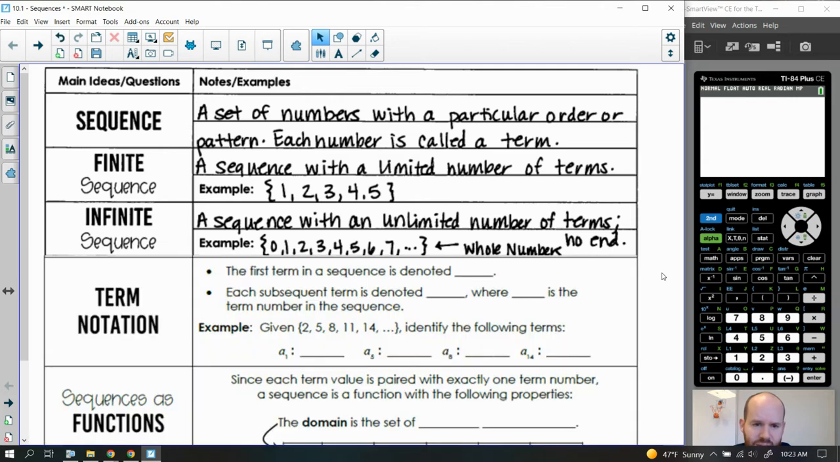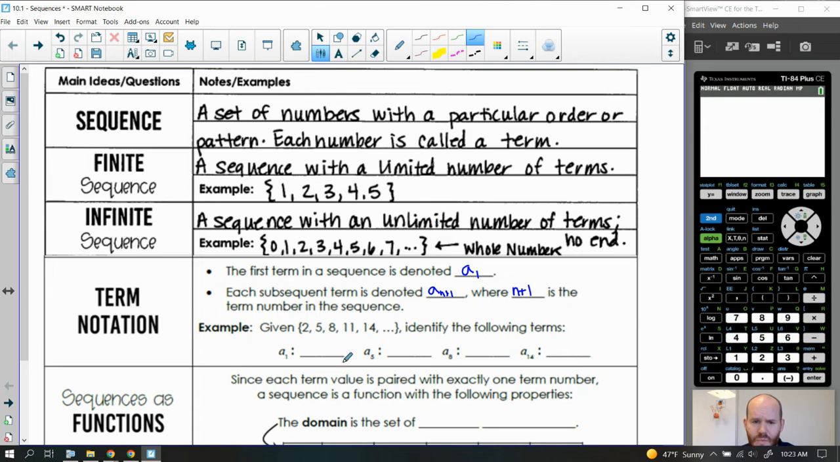There's some notation related to these sequences. The first term in any sequence is denoted by a with a subscript 1. So we denote every term in a sequence with the letter a, and then the little subscript tells us where in the order it shows up. Each subsequent term is then denoted by adding 1 to the subscript, so it'd be n plus 1,